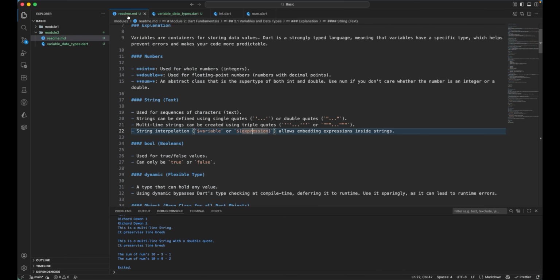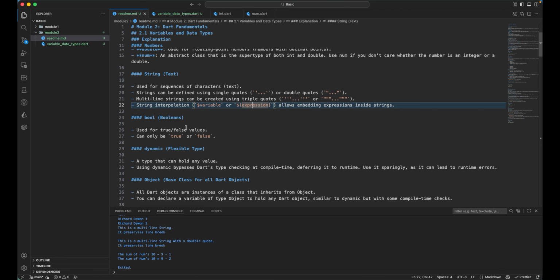And now let's go back to the readme over here, and let's look into the booleans. The type is bool, and it's used for the true or false value. So if you have a condition that is true or false, then we will make use of the booleans, and the value can always be true or false. So let's go and see how we can make use of this data type over here, and let's just go and say this is of the